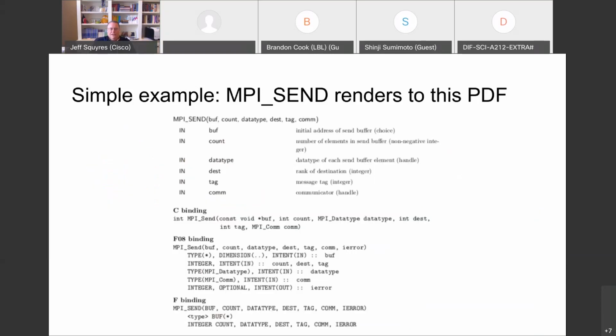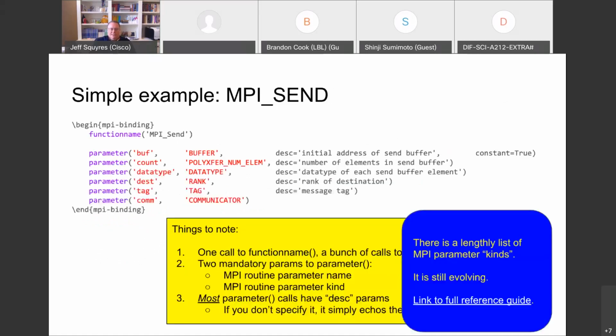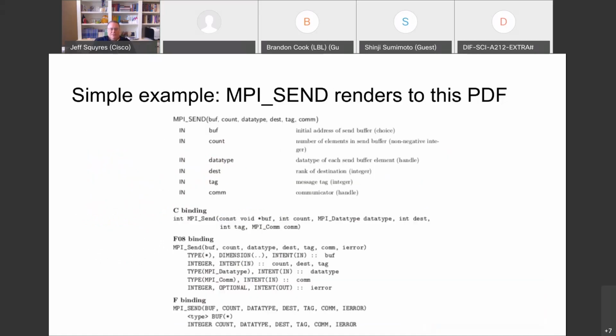So more specifically, it'll look like this. This is actually how MPI send renders after it has been Pythonized. So for example, look at the comm there in the language independent specification. You see, oh, it's just communicator, because I didn't specify a name, right? And all the other desc labels you see there. Now, there are a couple of new things here that we'll talk about in a second. But in general, this is the canonical MPI function, MPI send. You start with this, and you get to this. Pretty much the same as what it was in 3.1.